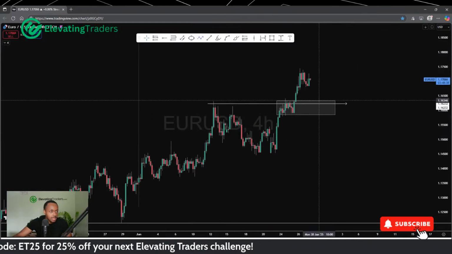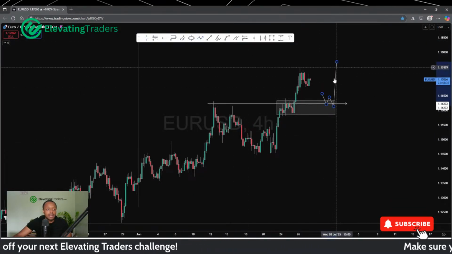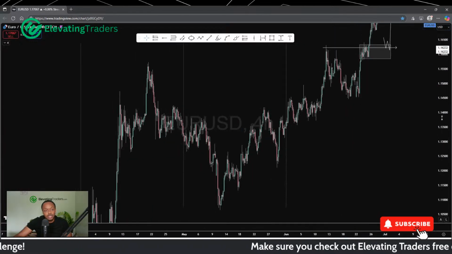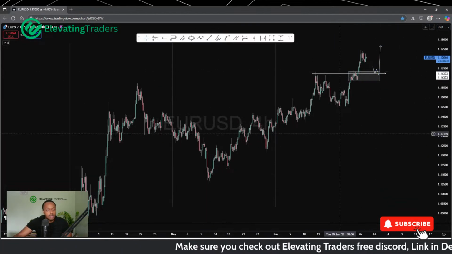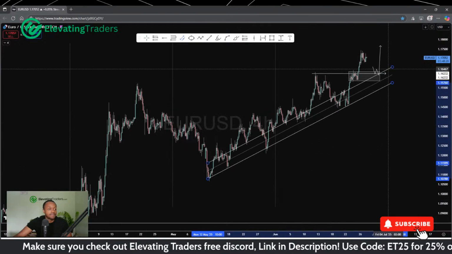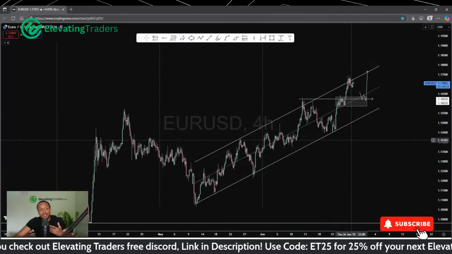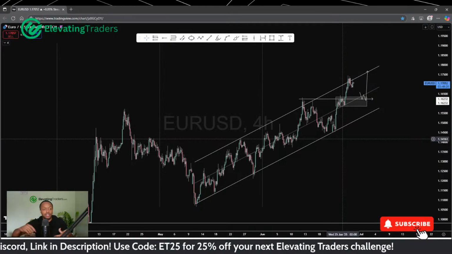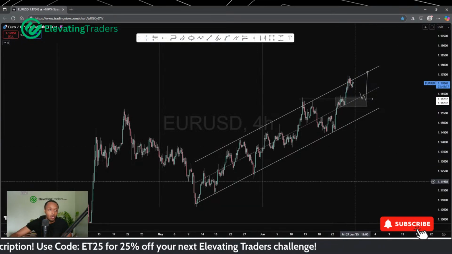And I think that will be a nice area for a bounce and a continuation for Euro USD as well. Of course, same situation as the dollar. We've got this uptrend. Things still look really corrective. So yes, the market's still bullish, but I'm not expecting crazy moves for Euro USD because we are quite stretched and we are still quite corrective.